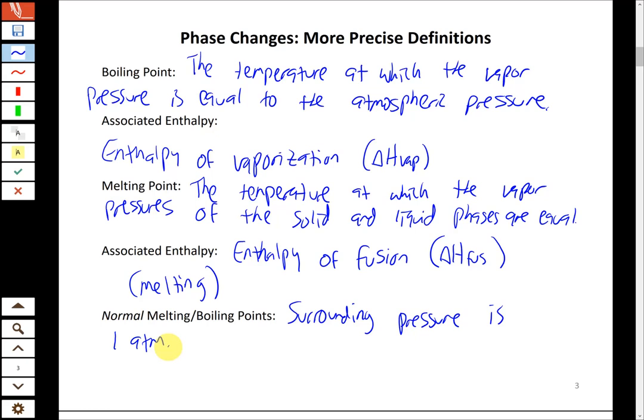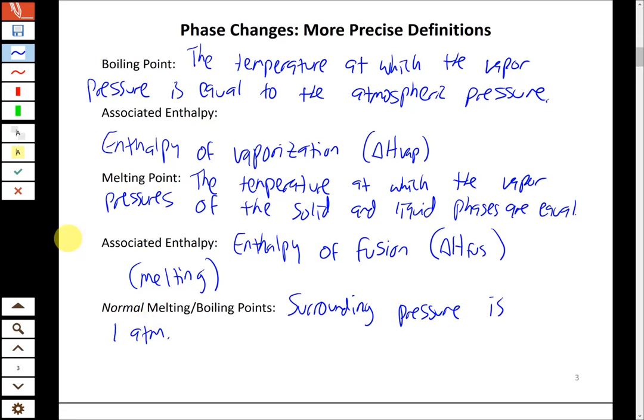Melting points are not as dependent on pressure as boiling points are, but nonetheless, it's still defined as 1 atmosphere of surrounding pressure when we talk about the normal melting point or boiling point. All right. So what this means then, if we're talking about the normal boiling point of a substance,